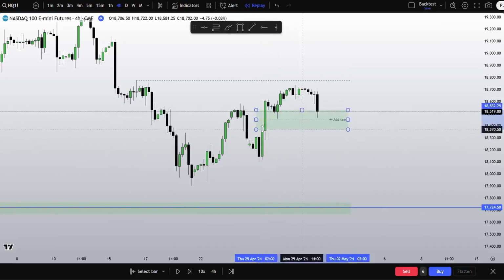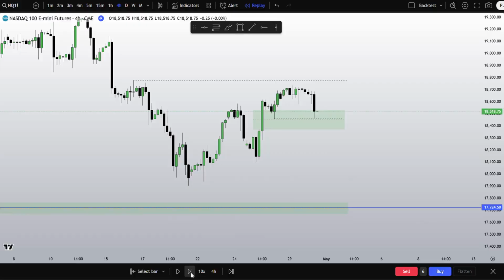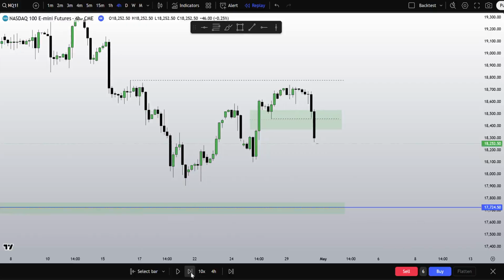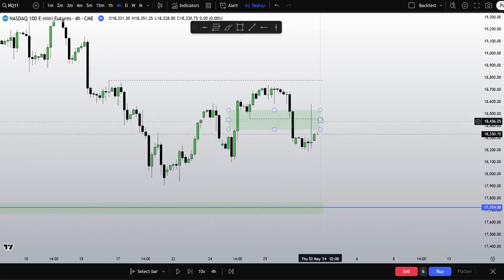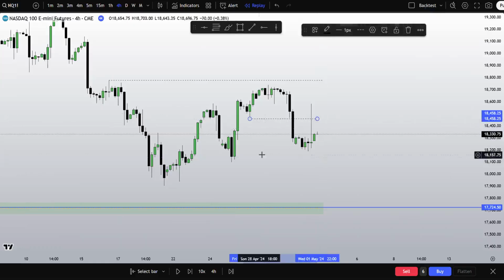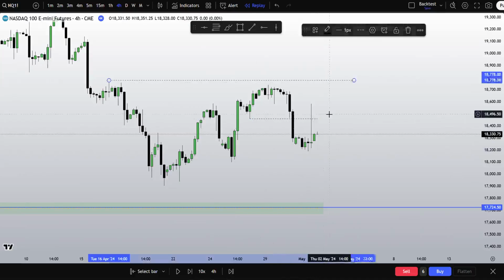I still want to see that. This imbalance, I would predict right now, if I had a globe, what I think would happen is we would take this low here, sweep, head right up here. Respect the bullish imbalance. That's what I would like to see. So we in fact do take the low. We disrespect that imbalance. So not ideally what I wanted to see. We took the low. I still think this high is where I want to see, unless we see a convincing move lower.